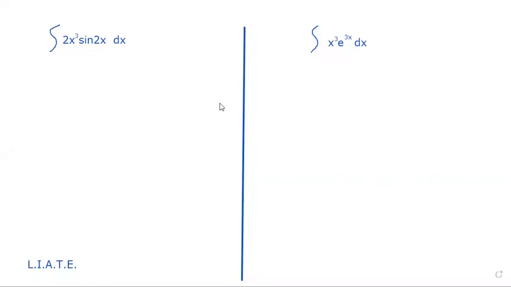Okay, here we want to use an alternative to integration by parts called the tabular method. Okay, now when we see the integral of 2x cubed times the sine of 2x, we should immediately recognize the need for integration by parts because we have a product. And remember, integration by parts is used especially to find the antiderivative of